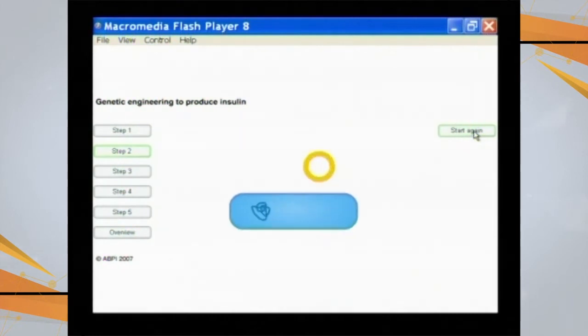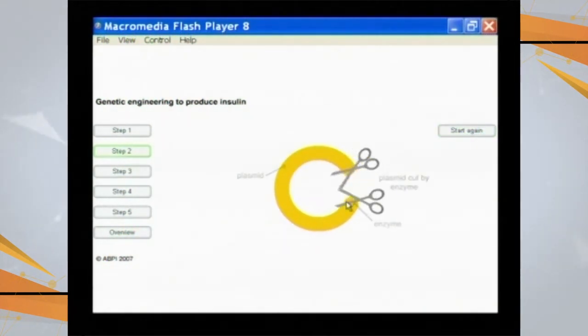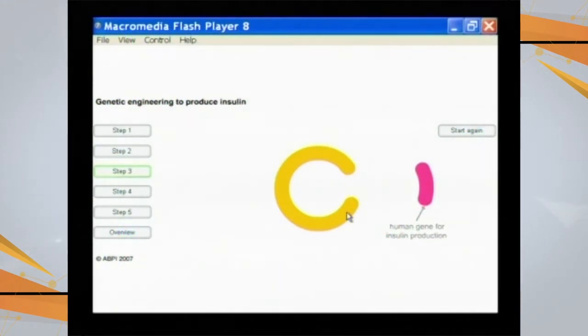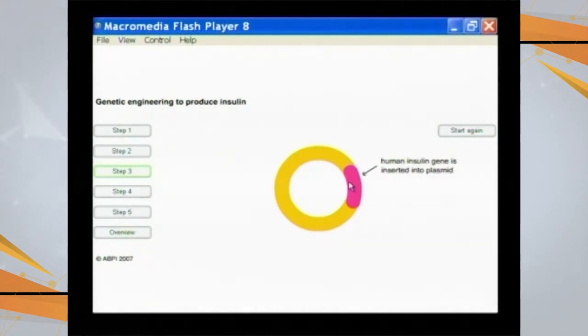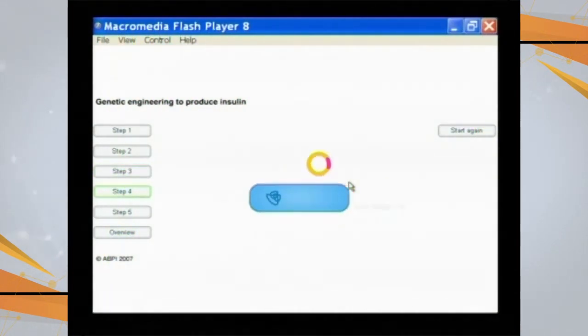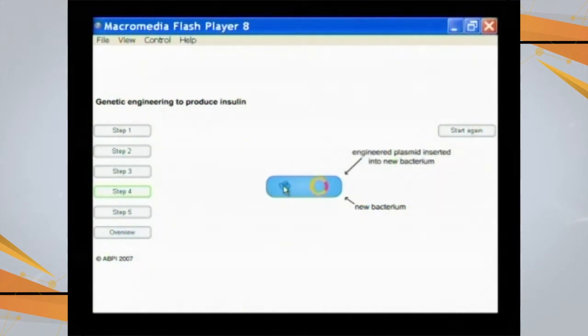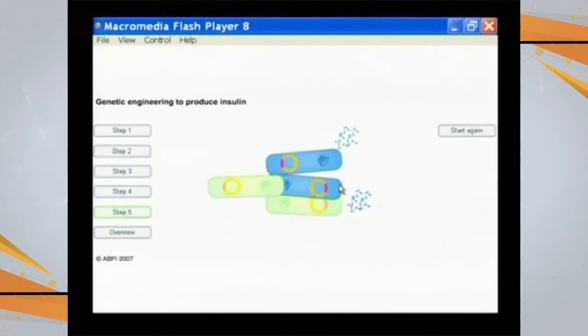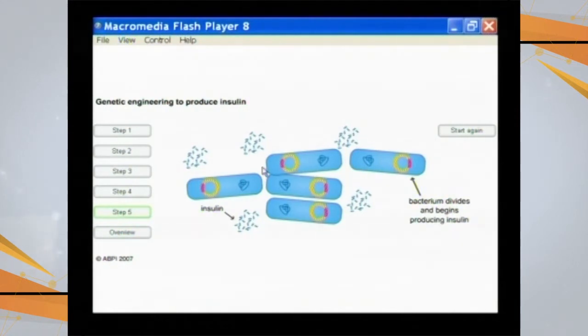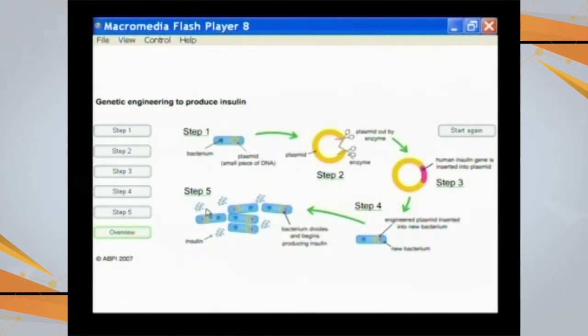Continuing our slideshow, starting with the animation of these steps. This is one of the plasmids, and these are the molecular scissors, the restriction endonucleases, that have cut this part of the plasmid. This is the human gene for insulin. It is being inserted within the plasmid vector, and then these plasmids are put into the bacteria, and the bacteria proliferate, making multiple copies, and each of these bacteria is going to produce insulin. So these are the steps of this first successful story of production of insulin by using genetic engineering or gene technology.